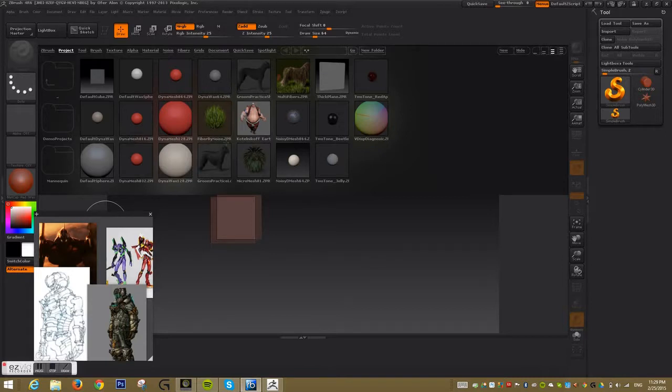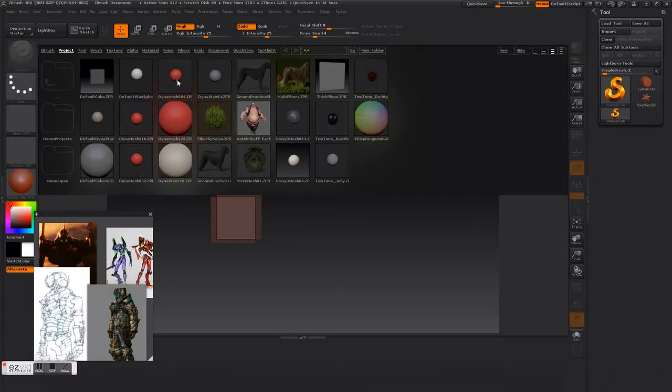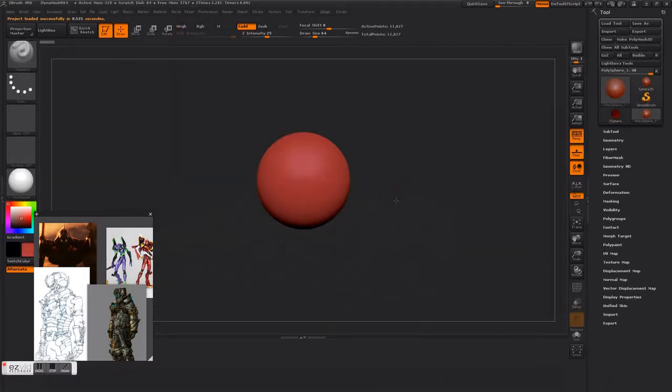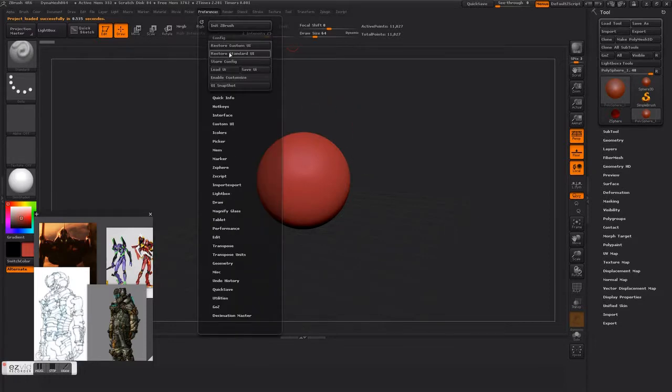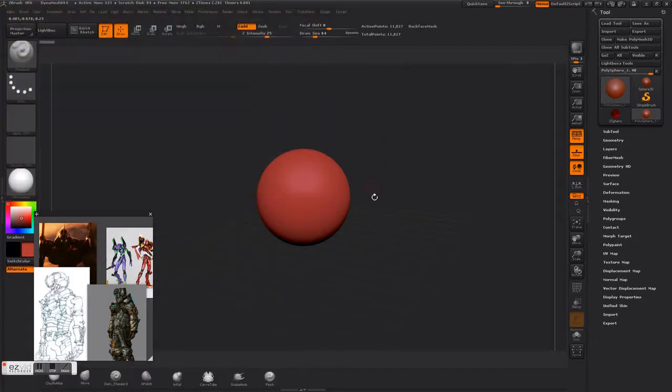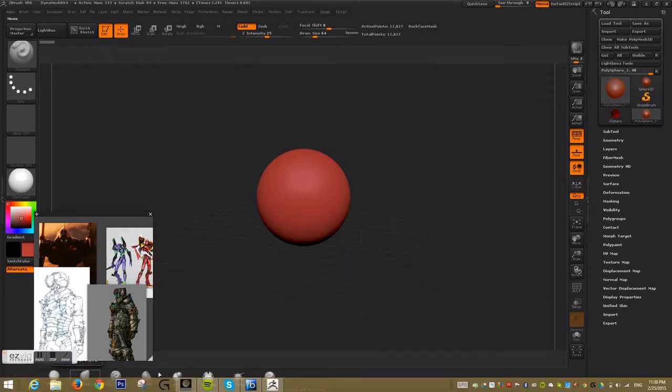What I'm doing right now is a design for the brainstorm page, and currently the challenge for brainstorm is to come up with a new design for Dead Space. So I thought it would be cool if I made Isaac, the main character of Dead Space, and combined it with Eva. So yeah, let's get to it. First things first,